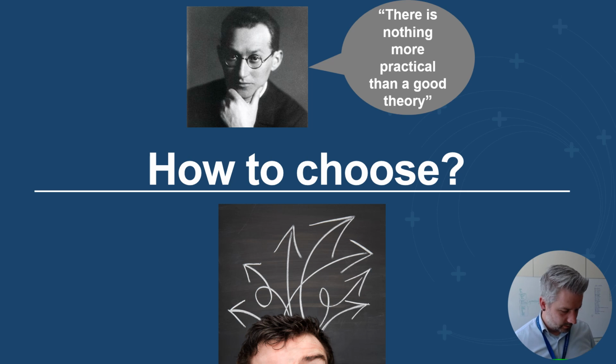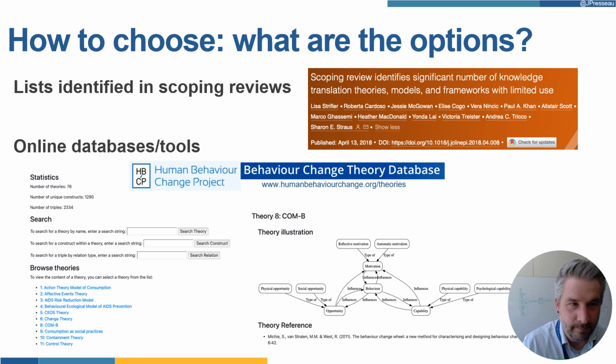Okay, so we've talked about who needs to do what differently, what are barriers and enablers, what are strategies to address them, and how do we evaluate that change. We've talked a lot about different models, theories, and frameworks more generally, but you might be asking yourself, okay, great, how do we choose from amongst all these different options? We've got lists within scoping reviews. There are databases and tools that outline it. We're still faced with how do we choose, but at least these provide the options to choose from, so you're going in with clear perspectives.